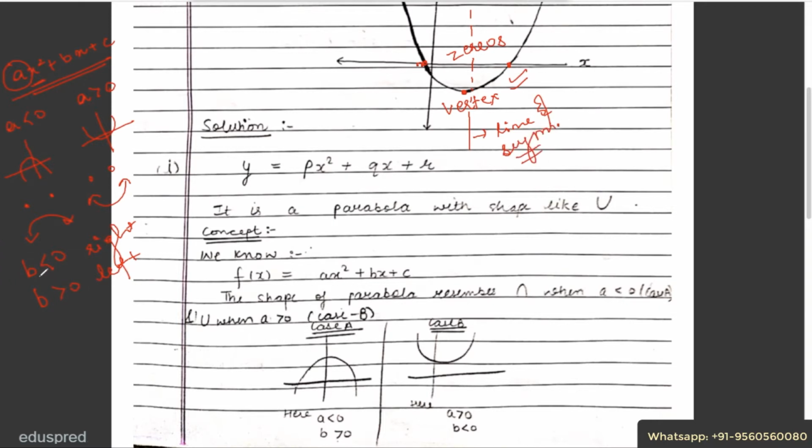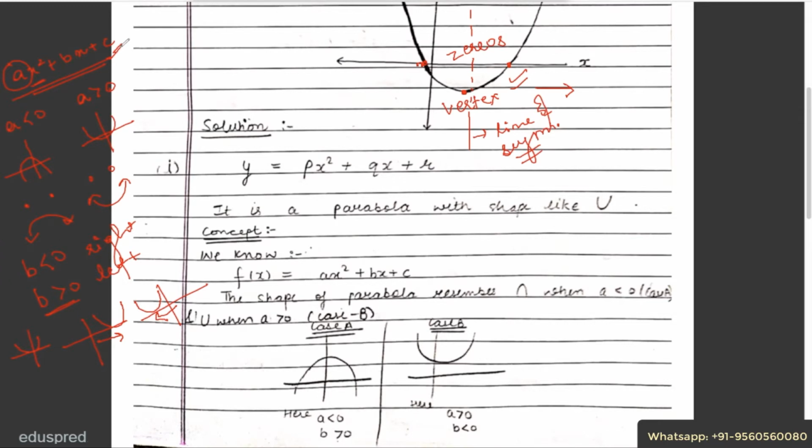Now, when I say your graph shifts to the right, this means that this vertex shifts in the rightward direction. And I'm referring to this left and right from the origin. So if your graph is like this, and now you have b to be negative, then your graph will shift here. That is, it has shifted to the right. If your b is positive, then your graph will shift to the left. Then your vertex shifts to the left.